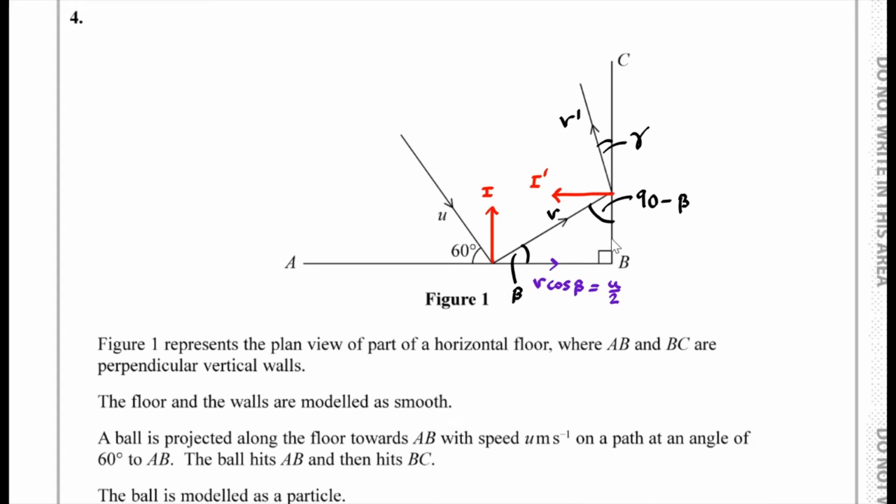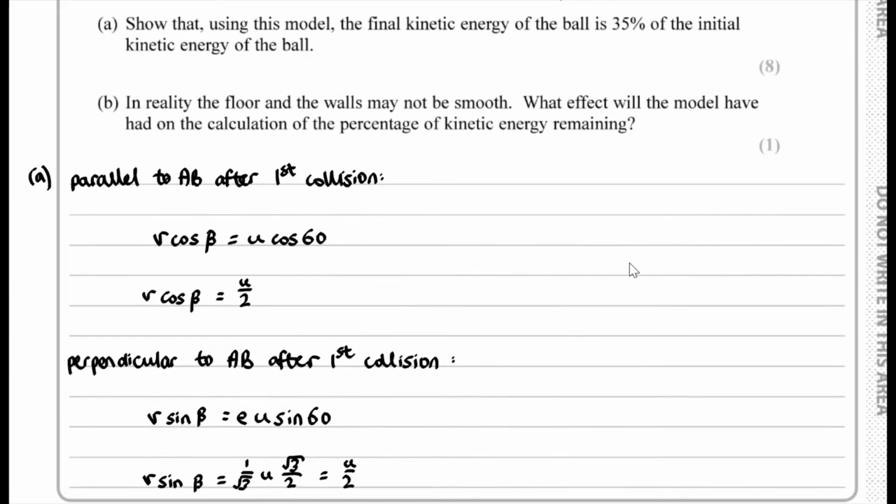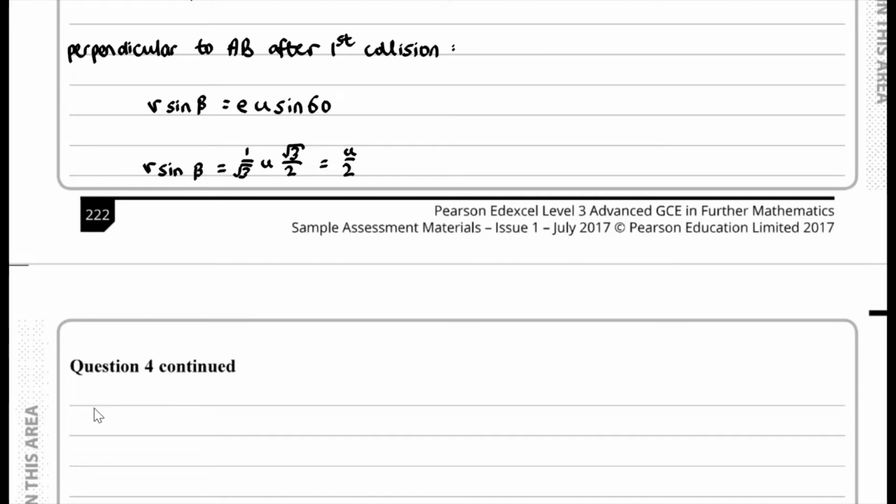This component over here is equal to V sine beta, which is equal to U over 2. Okay, and now if we resolve parallel to BC after the second collision, let's just write this down. If we now resolve parallel to BC after the second collision,